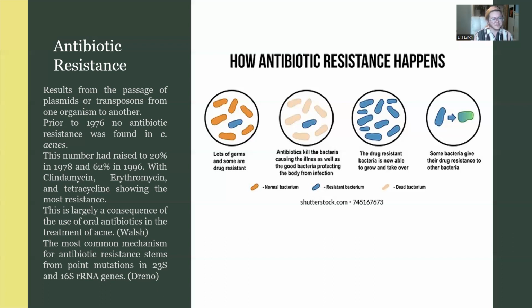It's largely a consequence of the overuse of oral antibiotics in the treatment of acne. Most people are going to experience acne in their lives, and if you prescribe antibiotics for every single case of acne, you're going to end up with antibiotic resistance. In Cutibacterium acnes, this kind of comes through the use of plasmids and transposons at the points 23S and 16S on the rRNA genes, which result in different alterations of protein binding sites, which kind of blocks the ability of an antibiotic to bind and do its job